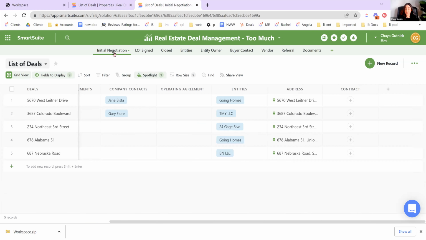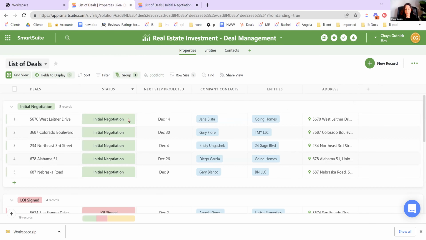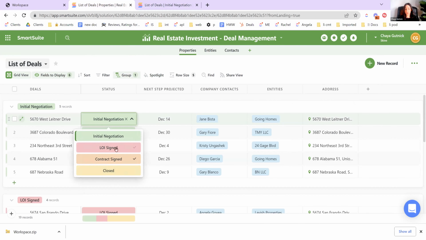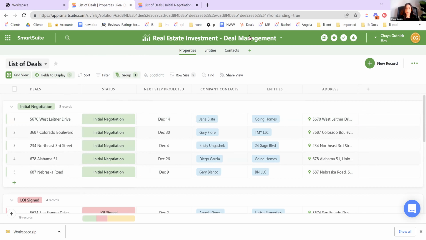it's there. Additionally, here, when something moves from initial negotiation to LOI signed, it's a lot more clicks to actually move it from one app to the other. While here, you're really just able to switch that status. And so when you're looking at how many apps, I think most people do okay at workspace. I would say, let's say like 95% of people don't have too many workspaces, right? Then 85% of people don't have too many solutions. I find that when it comes to apps is like one of the biggest places that people have too many